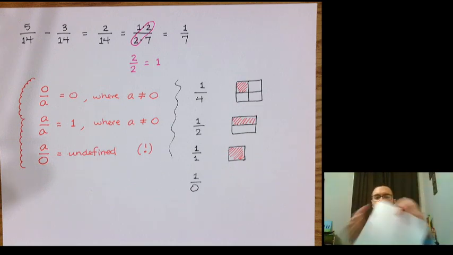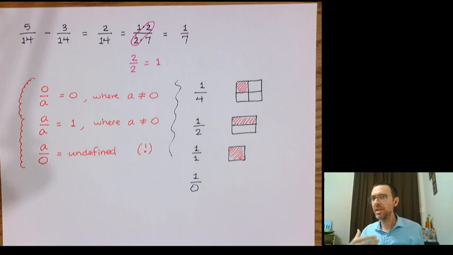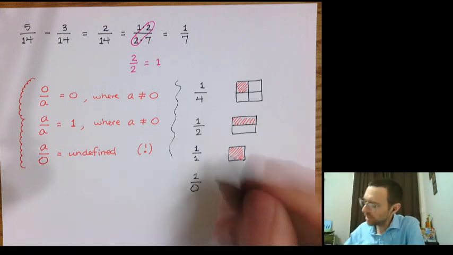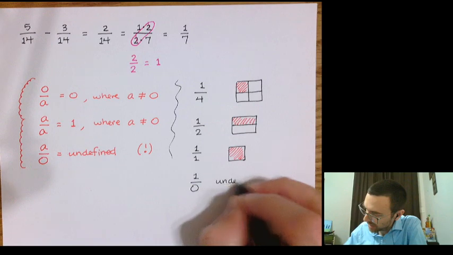I could keep cutting it into smaller and smaller pieces as long as they were equal parts, and that would then be my denominator. But having a denominator of 0, we can't do that. And so what we say is that we just call this undefined. And this comes back